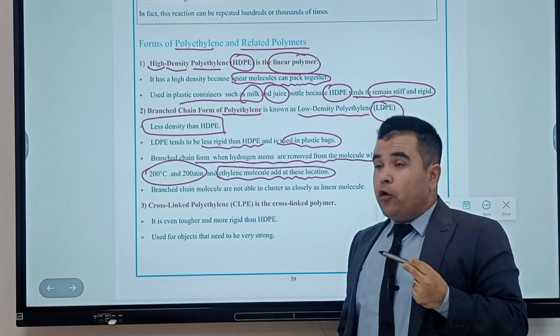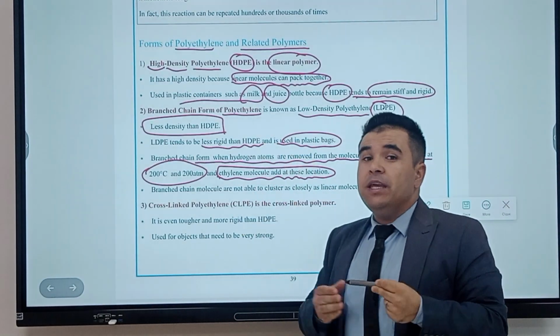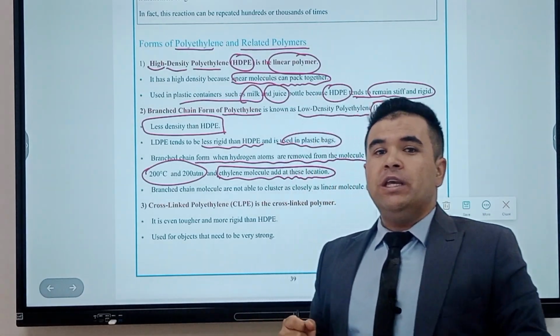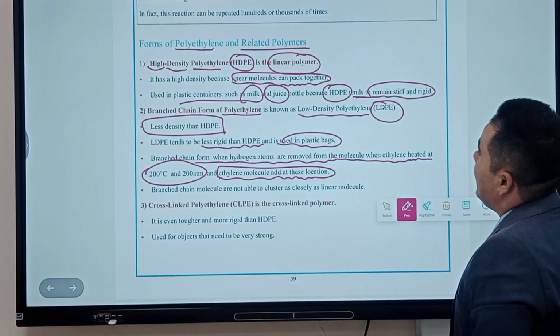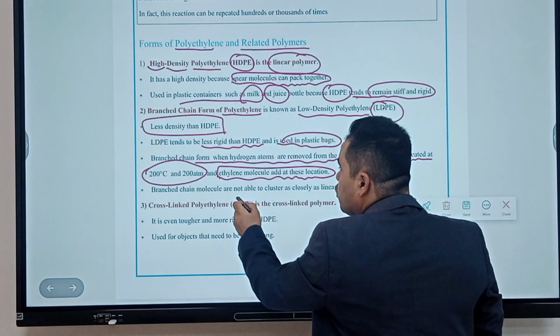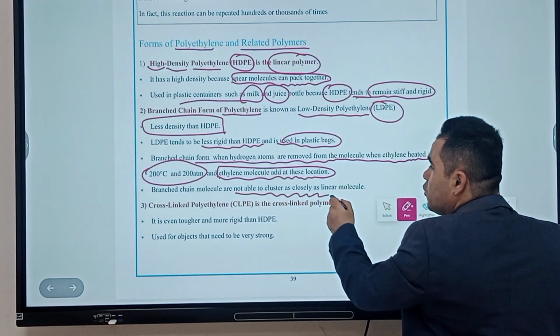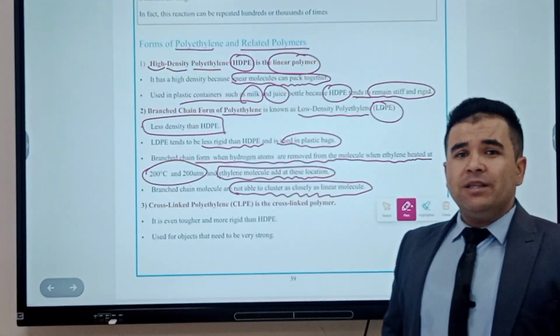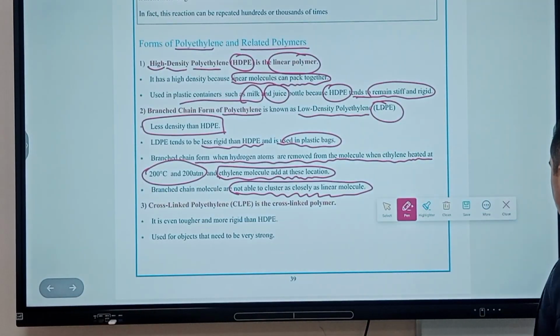So how to form LDPE? By removing the hydrogen and attaching branches to the chain, we form the LDPE. The branched chain molecules are not able to cluster as closely as the linear molecules. That's why they have lower density compared to the